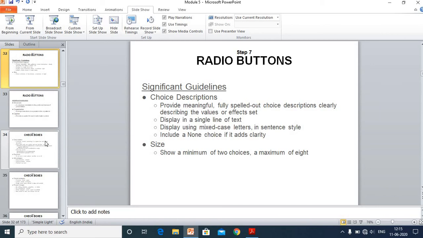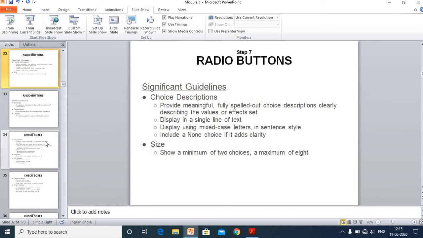Whatever name we can see in front of that small circle or diamond, that is called choice descriptions. Here, provide meaningful, fully spelled out choice descriptions. Obviously we should use proper names for radio buttons, fully spelled out, and it should be in a single line.